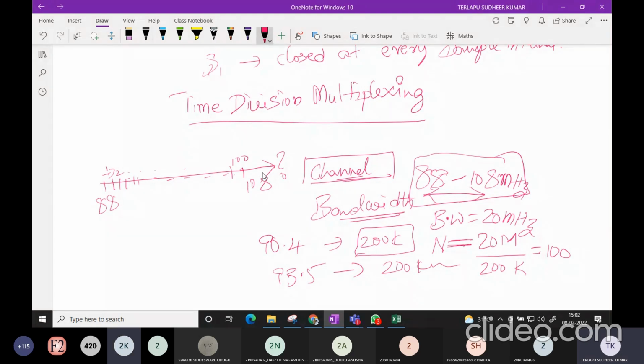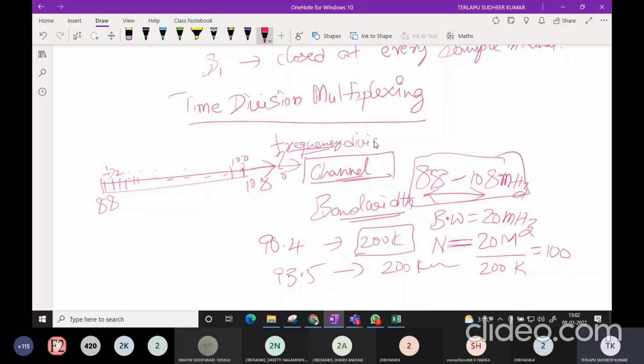Frequency. Because 88 to 108 is allocated for commercial FM radio broadcasting, and we know that each radio station occupies 200 kilohertz, and we divided the available spectrum from 88 to 108. So the frequency is divided,